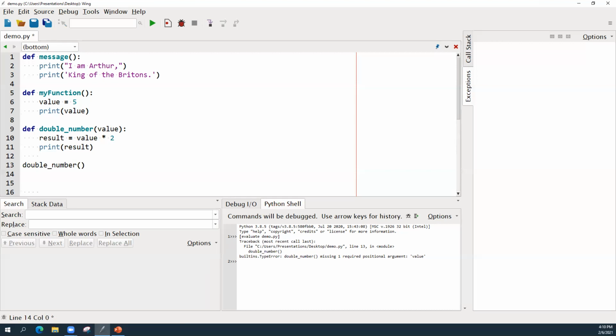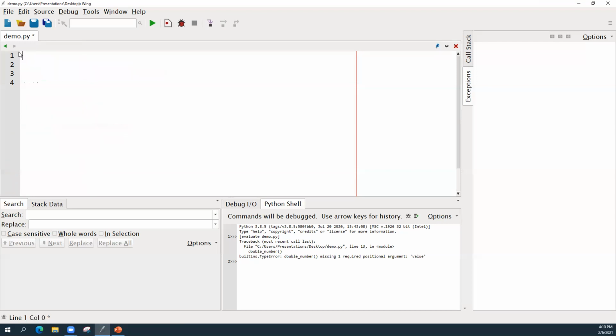So we can go ahead and do this in a more modular kind of way. One way to do this would be to utilize the main function, which is not very typical in Python, but if you're coming from C++ and Java, you may be interested in this idea that I'm going to show you. So the first thing you're going to want to do is define